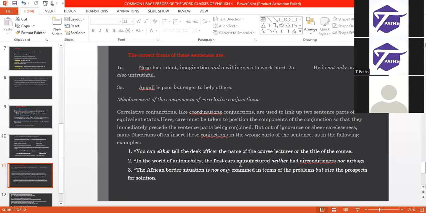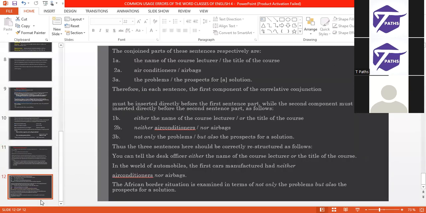The African border situation is not only examined in terms of the problems, but also the prospects for solution. Okay, these are misplacements of components of correlative conjunctions. All right, when you use conjunctions in a manner in which they should not be used, it creates problems, it creates difficulties, it creates misunderstanding of the expression you are trying to